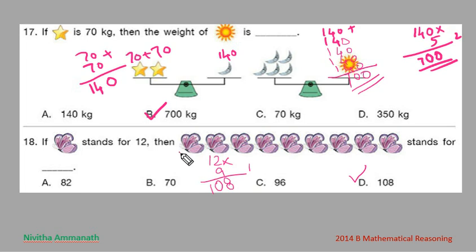Or we have to look at 12 plus 12 plus 12 plus 12 plus 12 plus 12, how many times? 9 times 12, adding. So we get 108. Or we have to calculate 12 into 9. That is 2 9s are 18, 8, 1. 1 9s are 9 plus 1 is 10. 108. So D is the correct option.